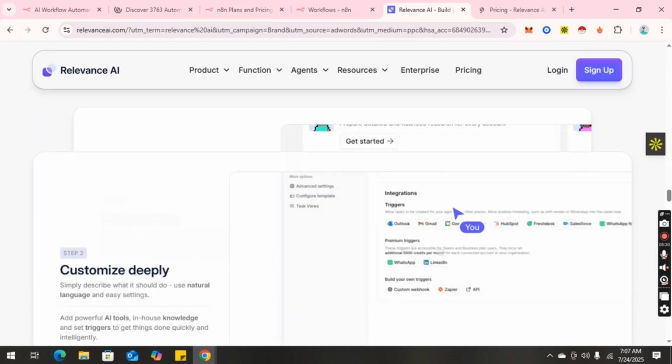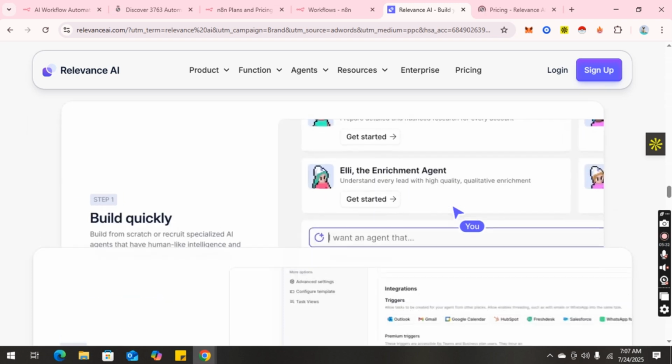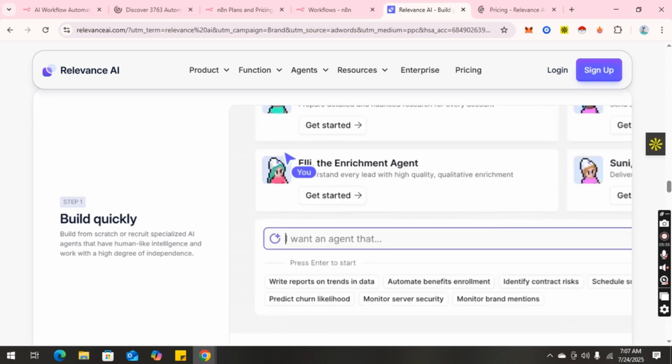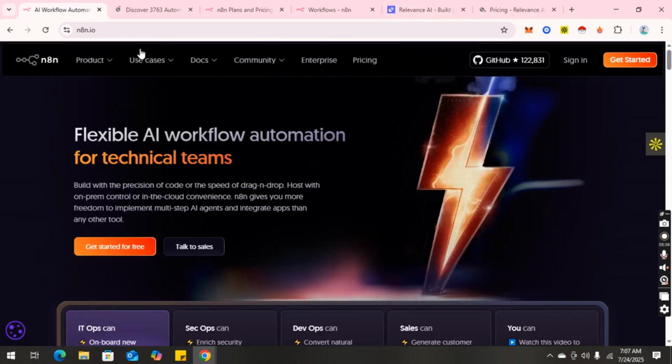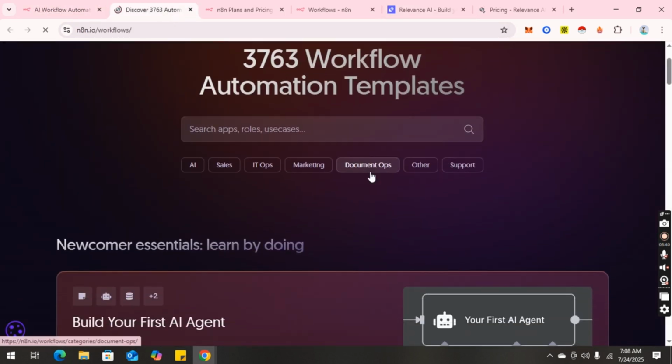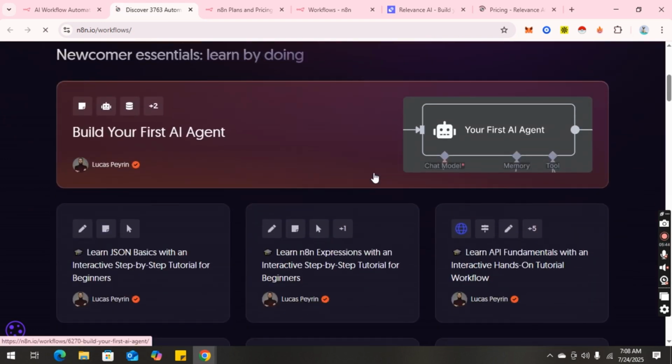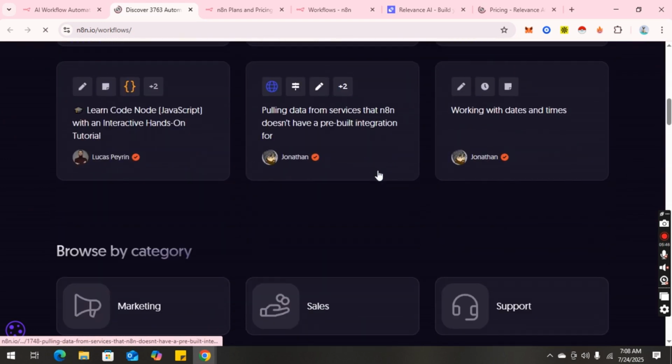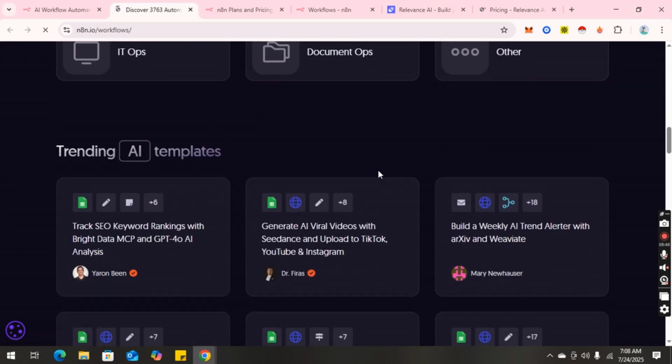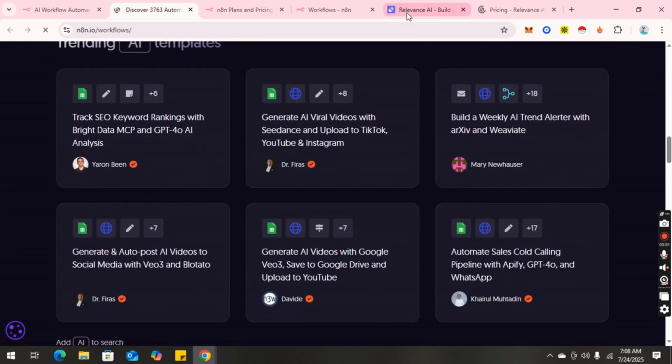With its new auto agent builder, Relevance AI also lets you spin up intelligent assistants trained on your private data, meaning your support agents can focus on edge cases while AI handles the repetitive and contextual queries.